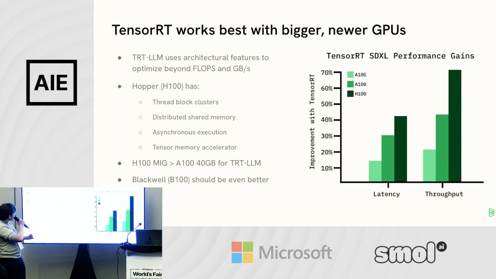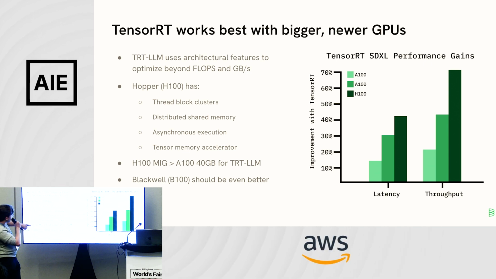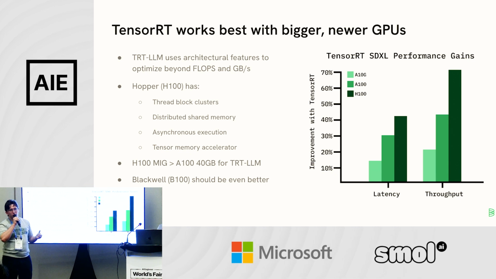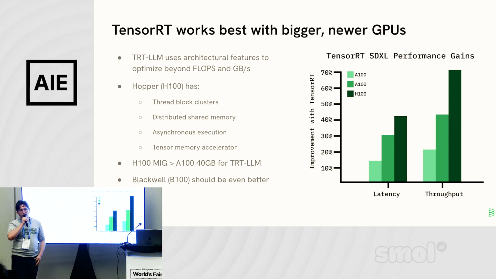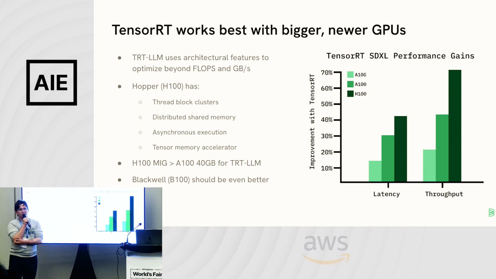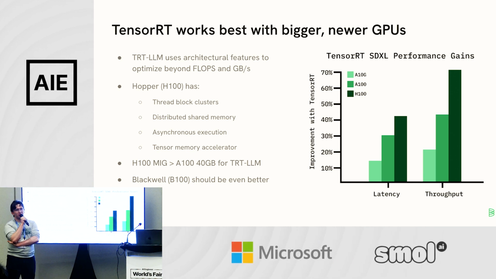And that's why we do a lot with H100 MIGs. This bullet point here is a whole different 45-minute talk that I tried to pitch to do here. But basically, H100 MIGs are especially good for TensorRT-LLM if you're trying to run smaller models like a 7B or Llama 8B, because you don't need the massive amount of VRAM, but you get the increased performance from the architectural features. And just my own speculation, I'm sure whatever the next generation is will have even more architectural features for TensorRT to take advantage of. So adopting it now is a good move, looking to the future.